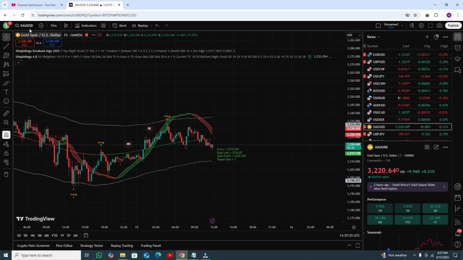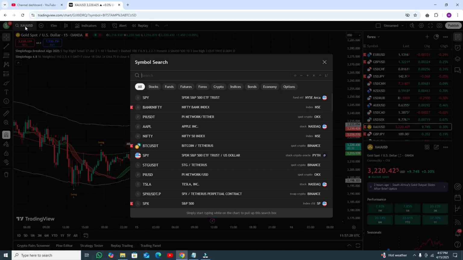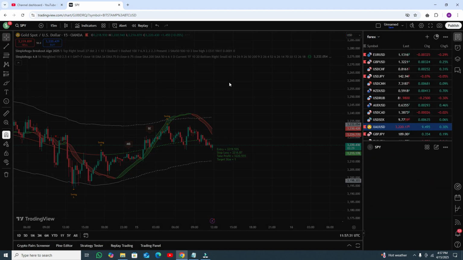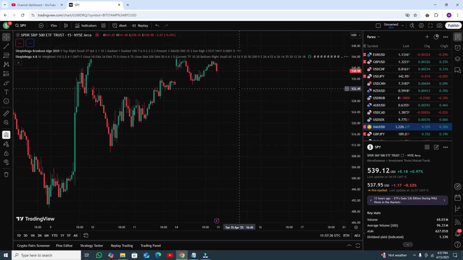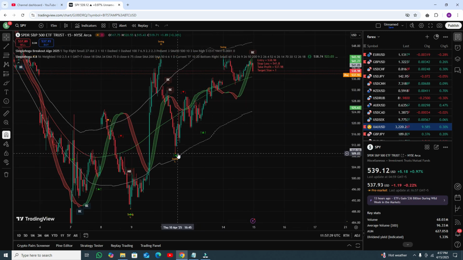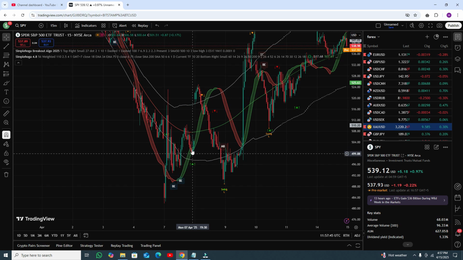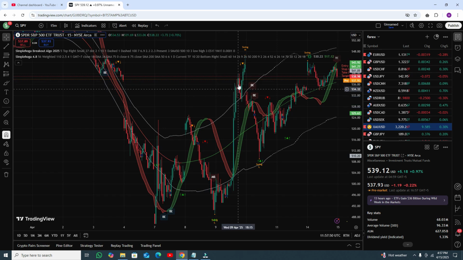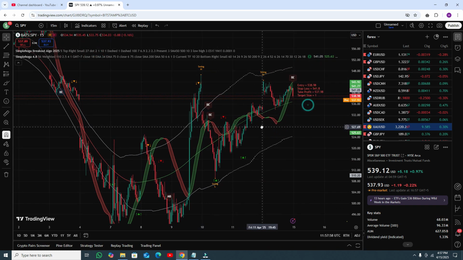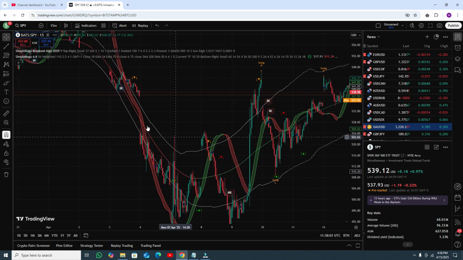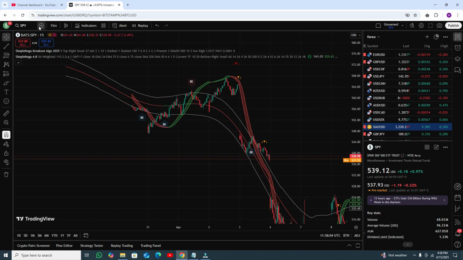I'm showing you results in gold on the 15 minute time frame. Let me show you results in SPY. In the SPY, you will get signals like, let me show you, buy signal, sell signal, buy signal, and a lot of buy signals, book your profit, sell signal, book your profit, buy signal, book your profit, sell signal, and you need to book your profit, buy signal, book your profit, sell signal, book your profit, and now again a buy trade, and the market is going upside. Okay, those are the results on the 15-minute time frame in the SPY.